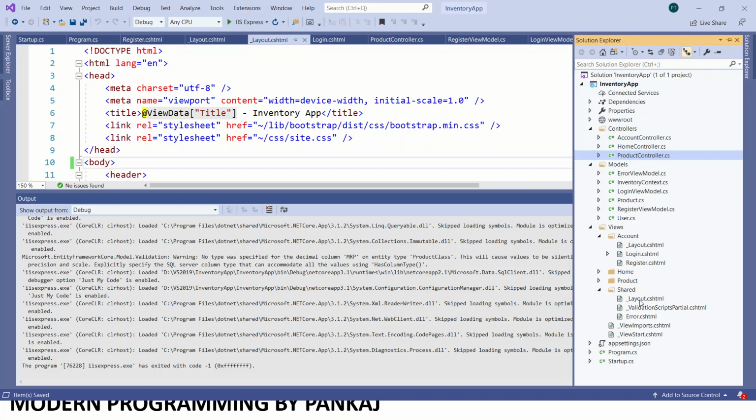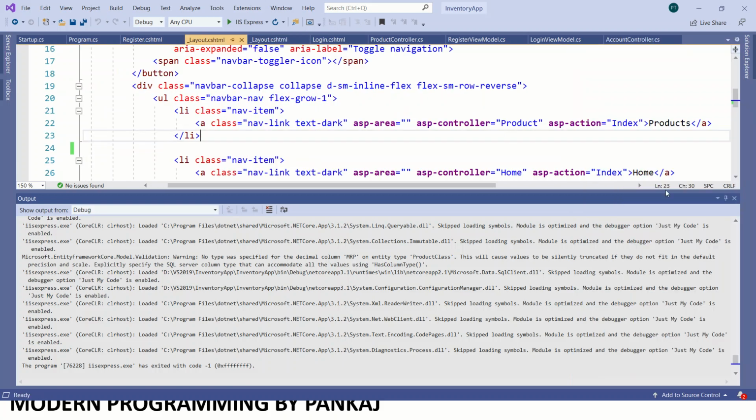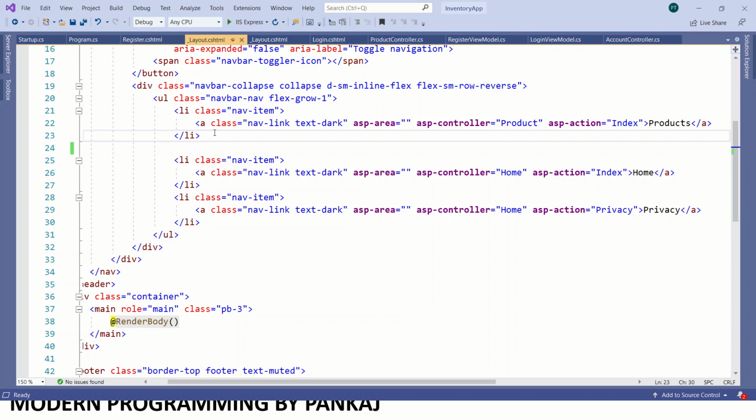Means we have to have one button inside the layout for logout functionality.